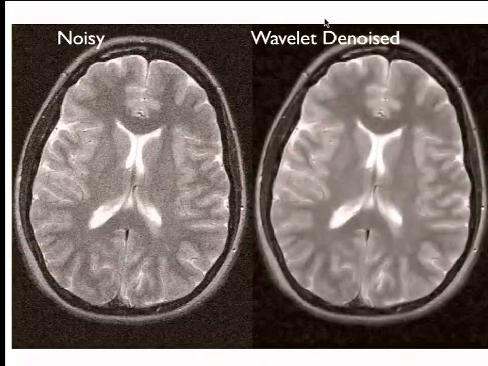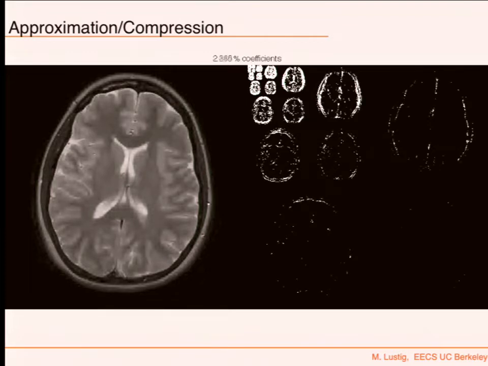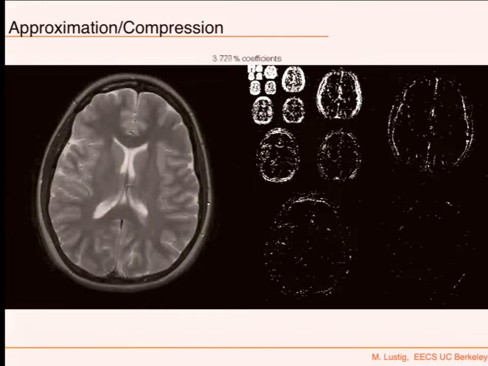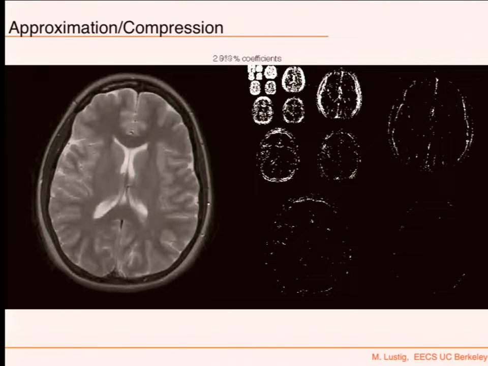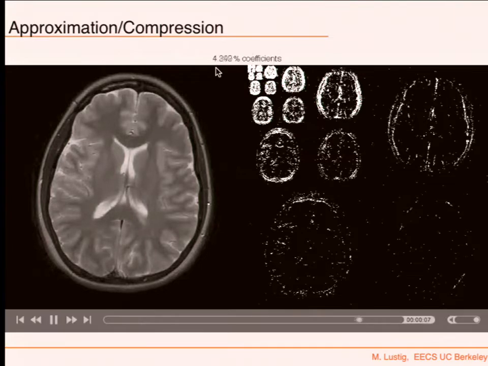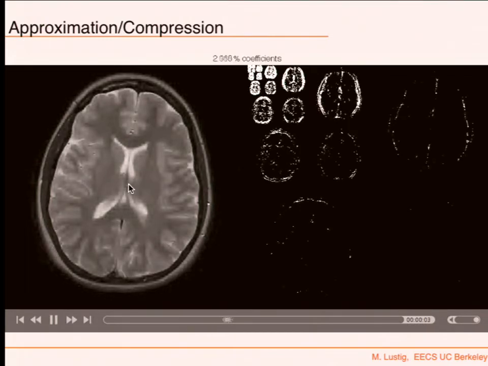Okay, so here's for compression. Let's say now I'm going to reconstruct images from wavelet coefficients, and I'm going to add more and more and reconstruct images. This is from like one coefficient. I'm going to add more and more coefficients. Look how the image starts to improve. And it's kind of like a low resolution to high, right? Coarse to fine. That's the beauty about those scales. So as I get to about 5% of the coefficients, it's almost perfect. Okay? So as I add more and more, I get more approximation.